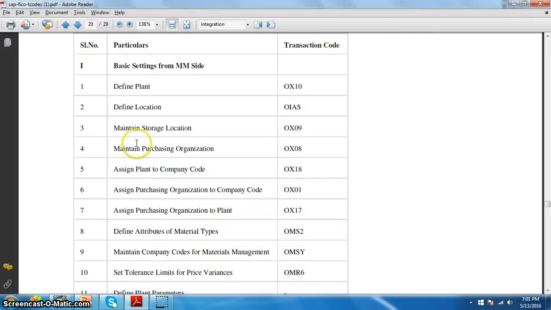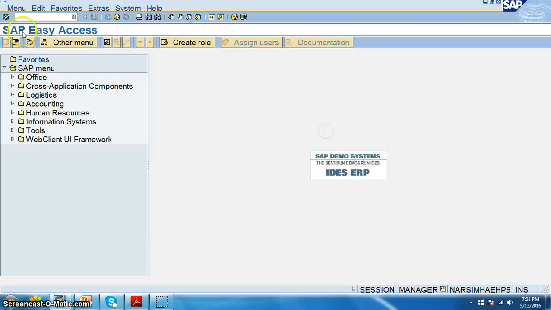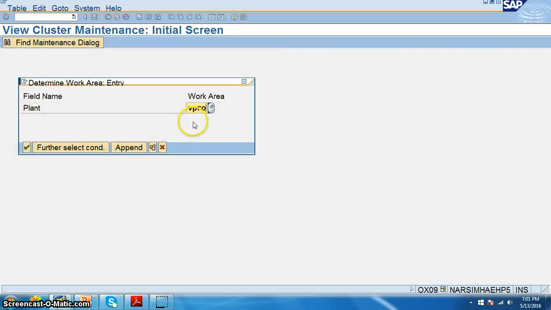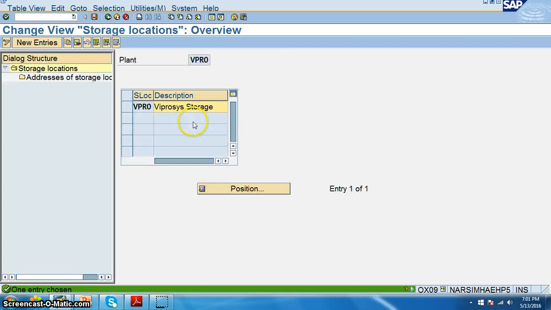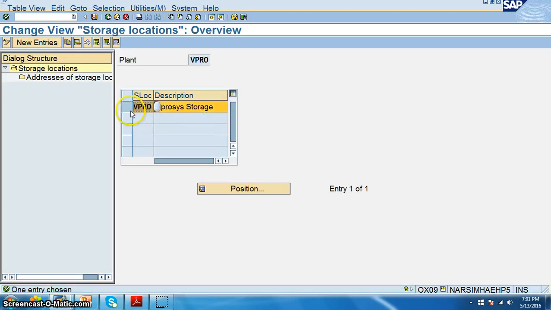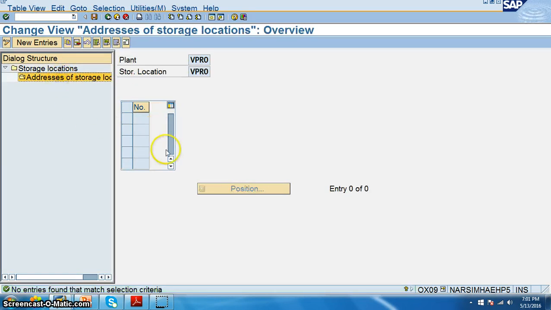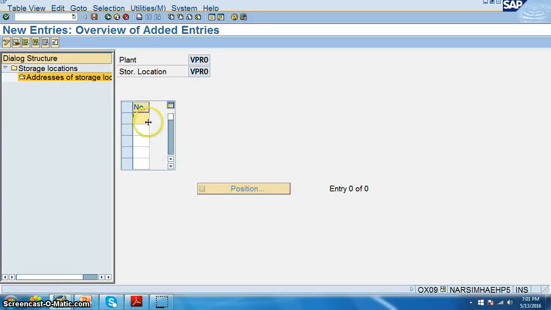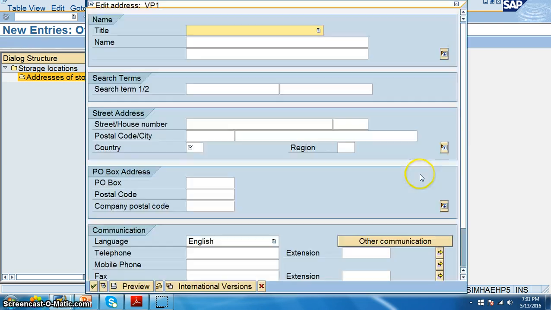And then we need to go for maintain storage location, that is OX09. OX09 we have done the storage location. Let's quickly see that for VPRO. For VPRO we have to maintain locations, so we can maintain multiple locations. Select this, address storage, so we have to create new entries, and here we'll go for VP1, VP2, VP3. We can put multiple storage locations here.